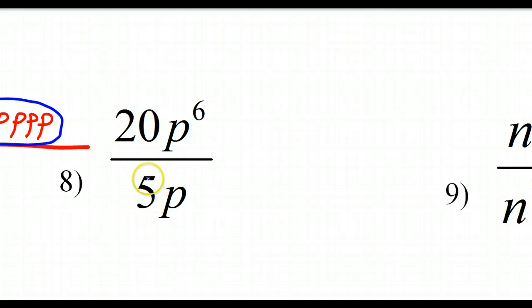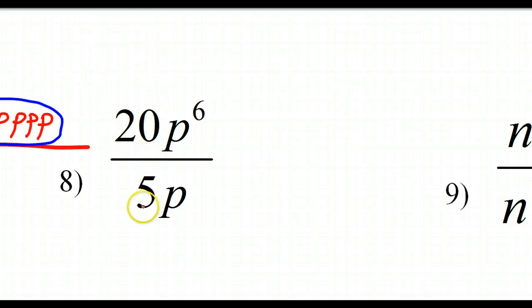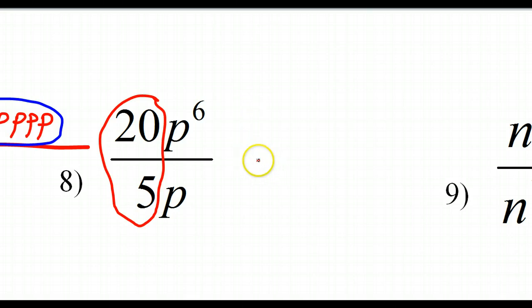Okay, so looking at number 8, as we do this division, 20 divided by 5, obviously don't subtract. We're going to divide like you have done since 3rd grade. 20 divided by 5, of course, is 4. All right, so that would be 4. And the way I think of it is 6 p's in the top, 1 p in the bottom. This p is going to cancel out one of these p's, so that's going to leave p to the 5th